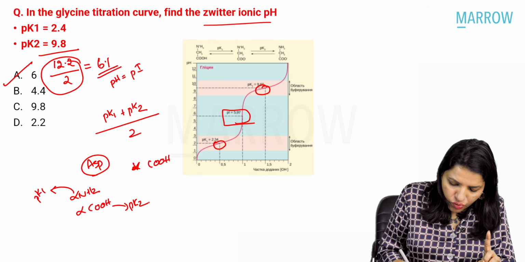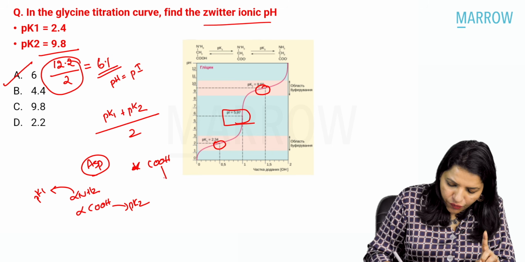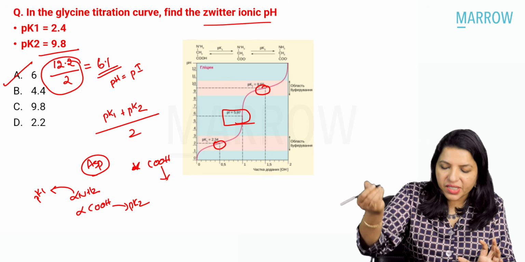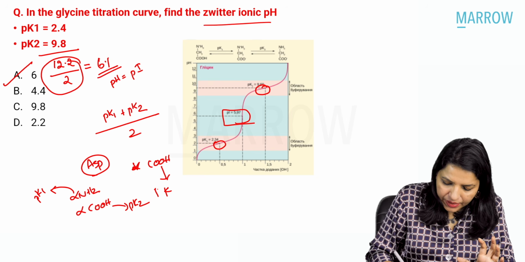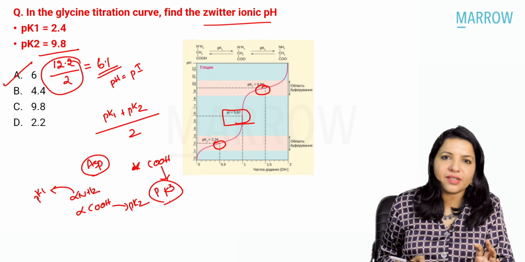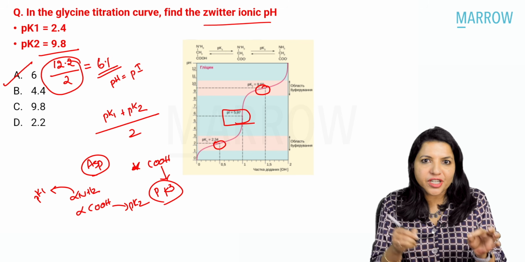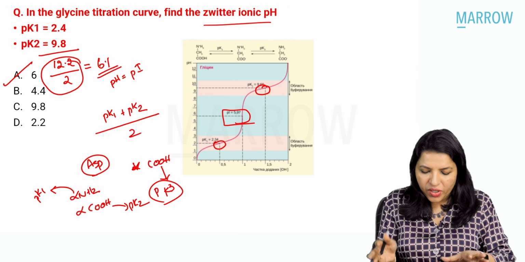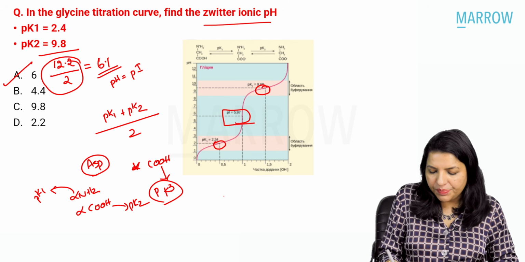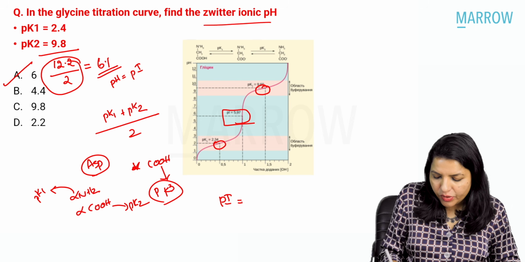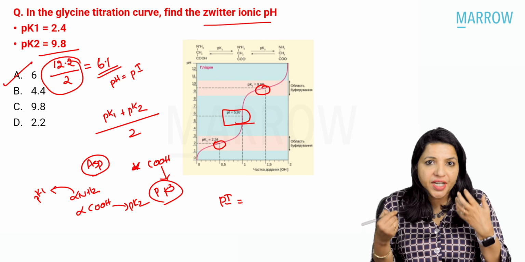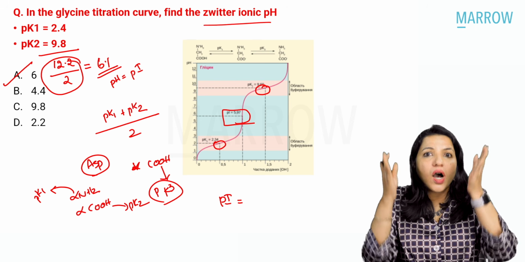This is pK2 here, right? Now for this extra carboxylic acid group, I am giving pK3. Now what is the isoelectric point? Is it the average of pK1, pK2 and pK3? No. Then how do you have to calculate pI? pI is equal to the average of the ionization constants with isoionic